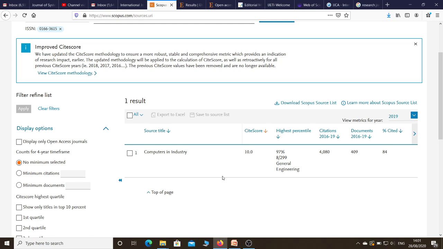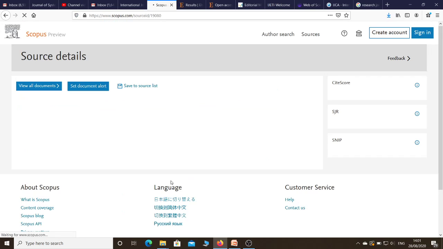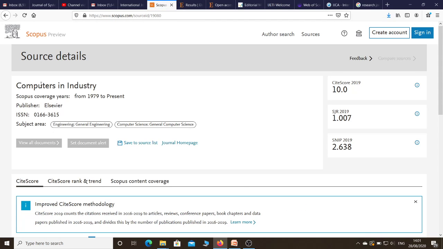Now suppose you want to get more details about this particular journal, since how many years this journal is listed in the Scopus, you just click on that. So it will show you the name of the journal, Computers in Industry. Here you will find the Scopus coverage year. So the Scopus coverage year is from 1979 to present. That means Computers in Industry is one of the Scopus indexed journals, and it is associated with the Scopus from 1979 to present. That means there is no discontinuity in the